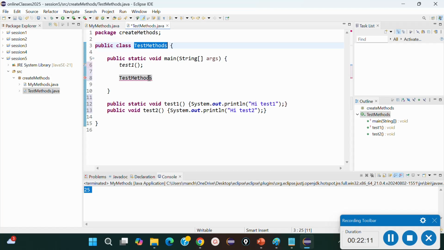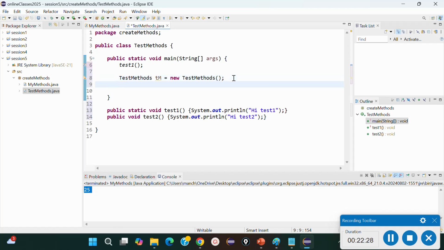This is just over here, right? Test method. And now let's say the test method is TM. This is the instance or object of the test methods. Then new and control V and this. Like that, we can create the instance of the test methods. Next will be TM dot, and then